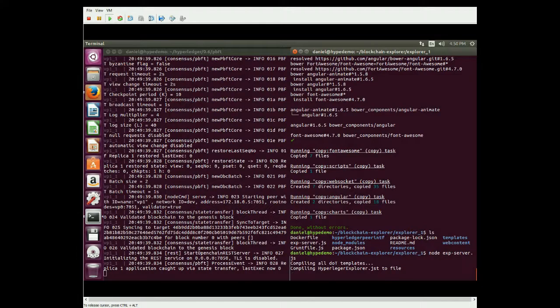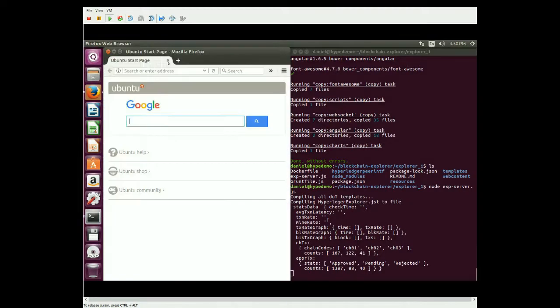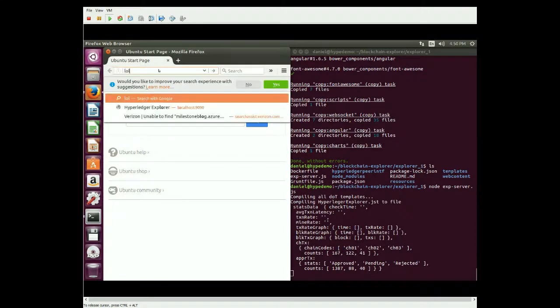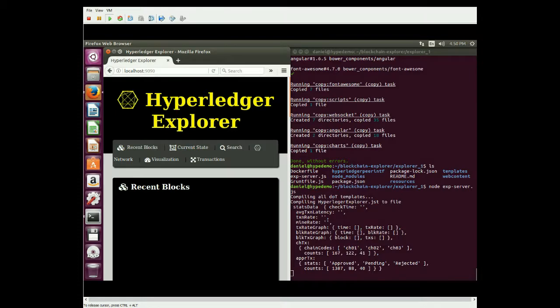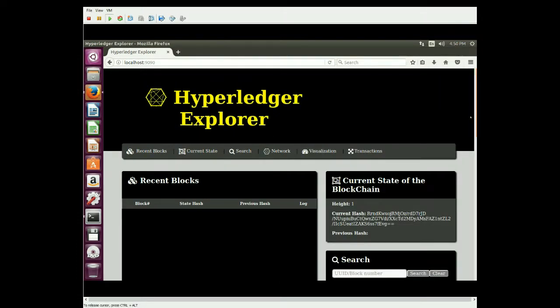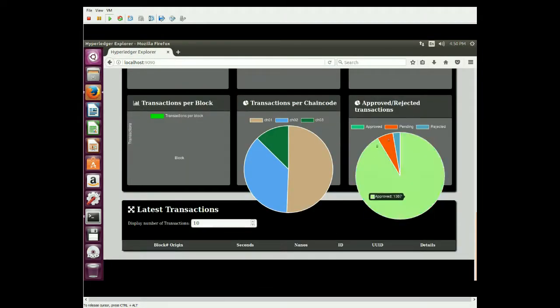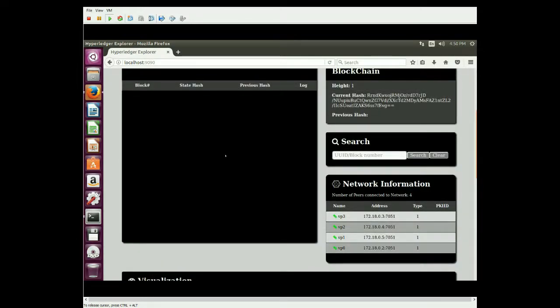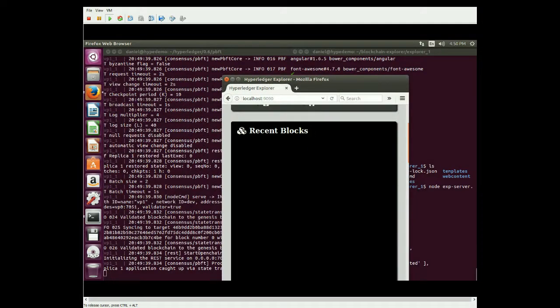And assuming I didn't mess up majorly, yep, that's right, that's what we should be getting. Go to localhost 9090, and there we go, Hyperledger Explorer. The big Hyperledger Explorer. And yeah, it looks exactly the same as the thing we just had, and it works pretty much the same way, although you have more control this way over